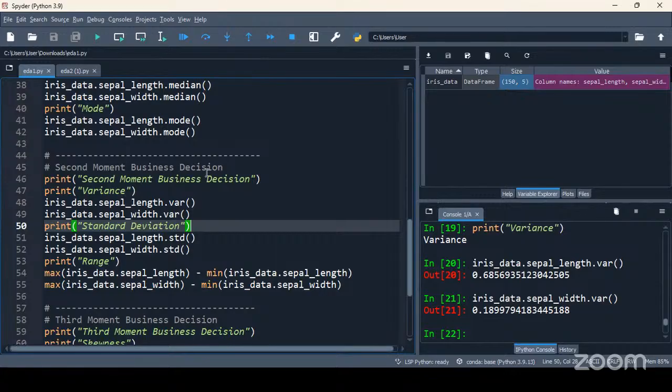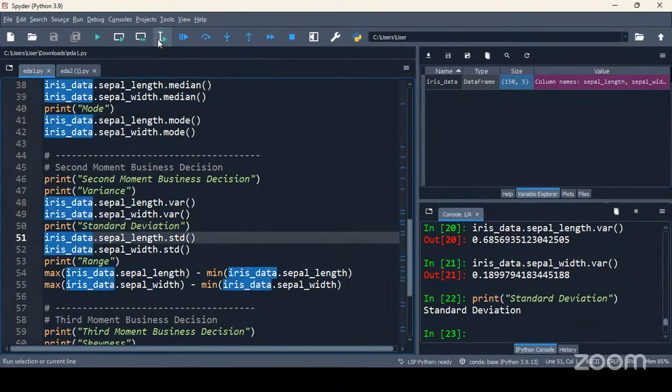So let me print standard deviation first of all. The message got printed. Now, in order to calculate standard deviation, we have the function in Python. It is std, standard deviation, which returns the original spread value.